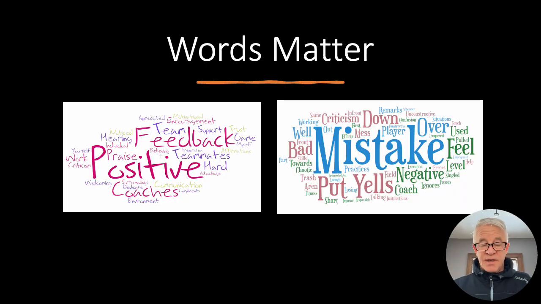Here I have a word slide that we asked a bunch of athletes about what are things that build confidence and what are things that erode confidence. And you can see they're separated on one side and the other. And you can classically see here that words matter, that the words that people associate with confidence erosion are things like mistake, negative feedback without the presence of positive feedback, overly criticizing a person, not being heard, not feeling as part of the process. And you'll see the word mistake in there, and they often don't use the word failure,